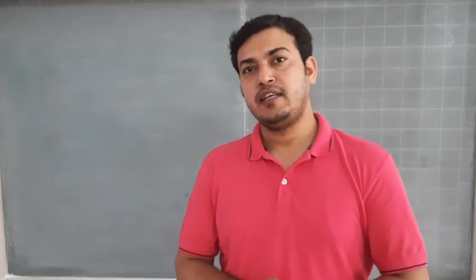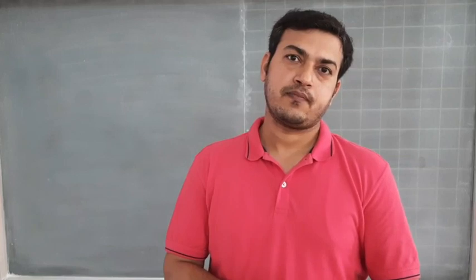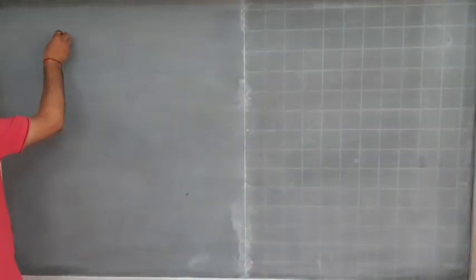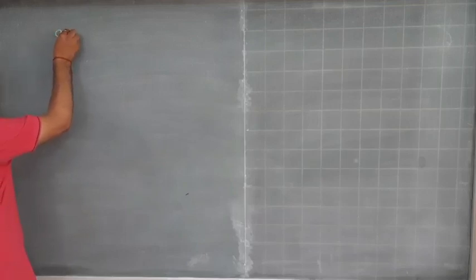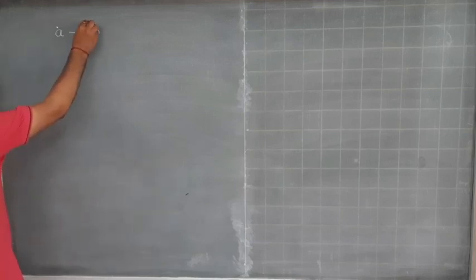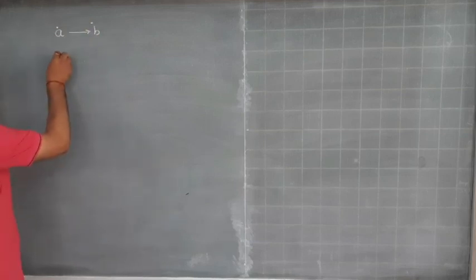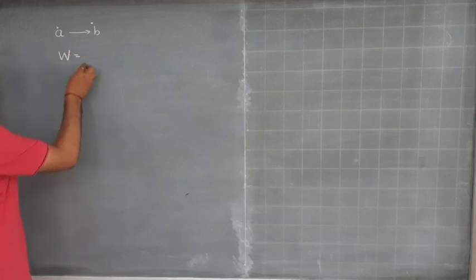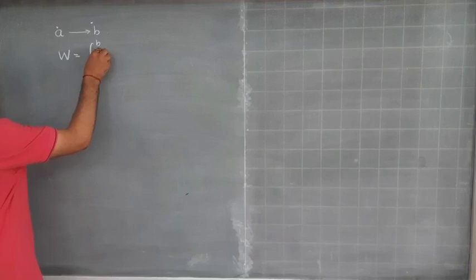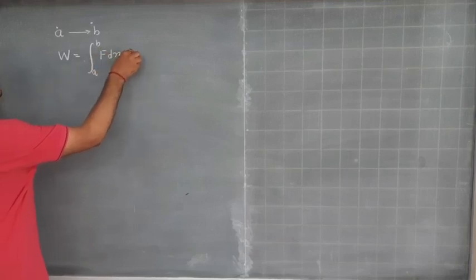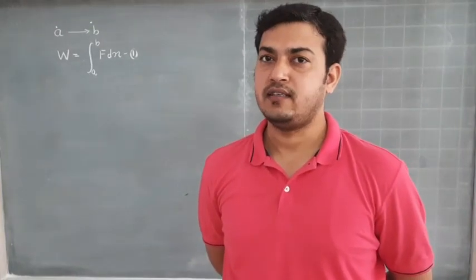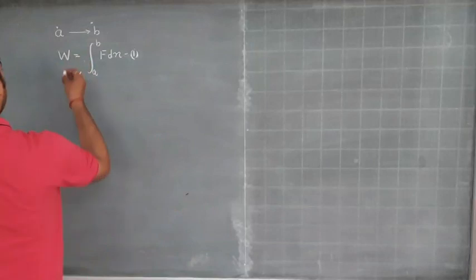So let us begin by reviewing the definition of work. If a particle of mass m moves from a position A to a position B, then the work done was the integral of F dot dx, limits from A to B. If my force is conservative, then we can again define the work as